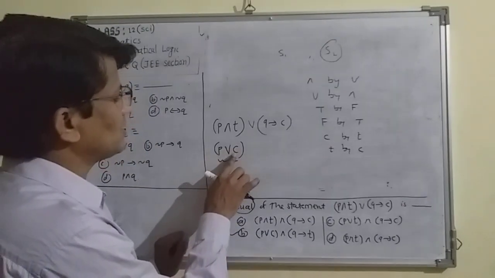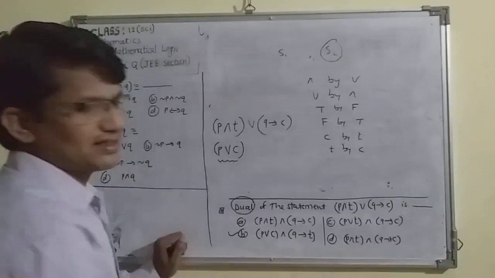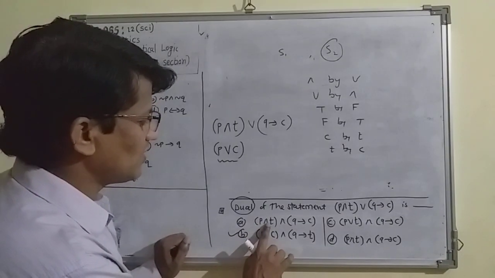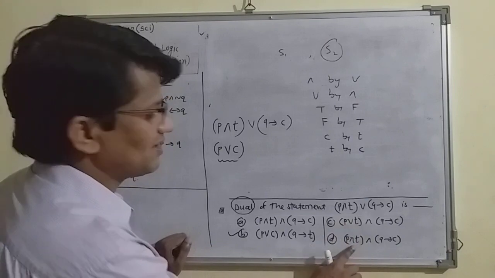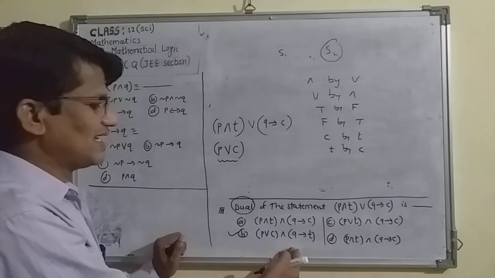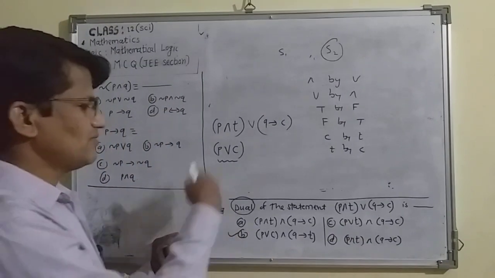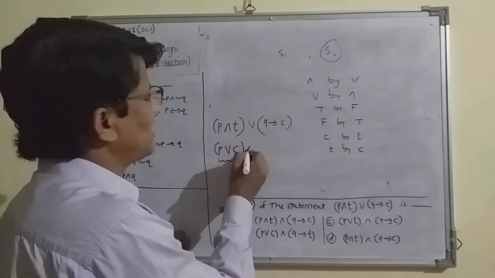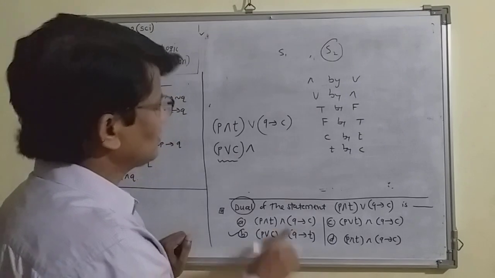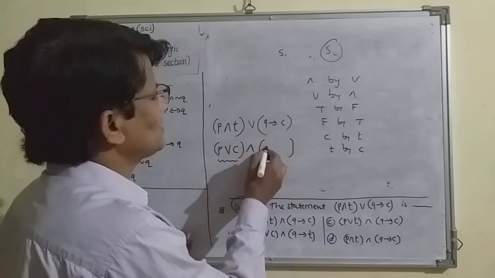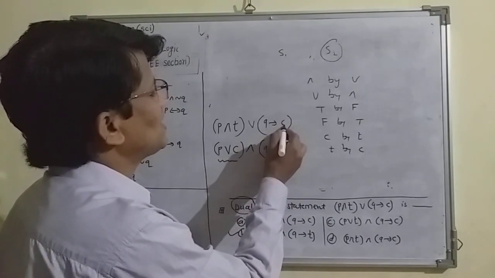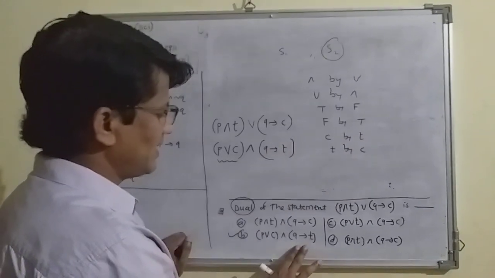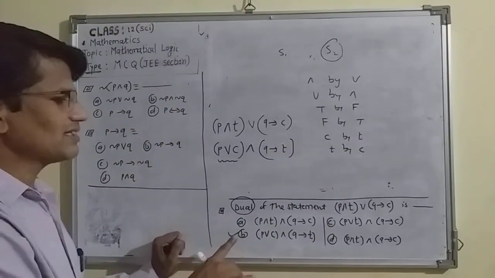P or C, just observe in this option. P or C here, P or C here, P or C not here, here also not, here also not. From this also we can say B is the correct answer. Now here or is replaced by and again. Same bracket, Q as it is, replaced by C, C replaced by small t, and the second bracket is already here. Hence, our result is B.